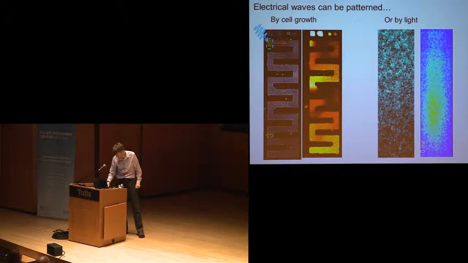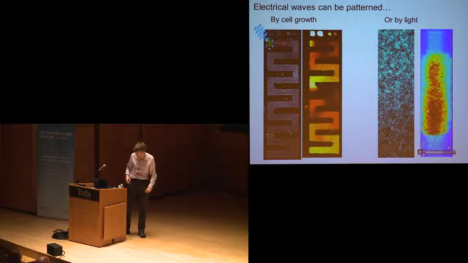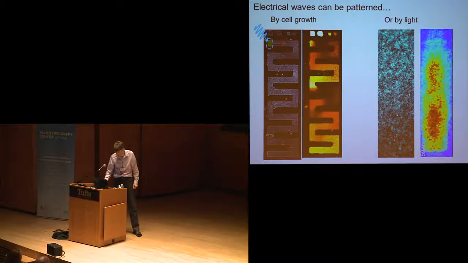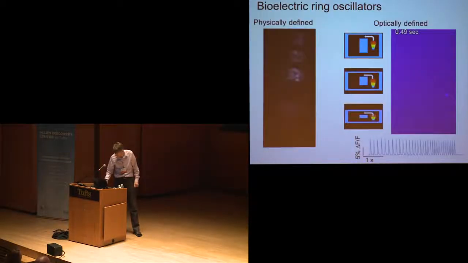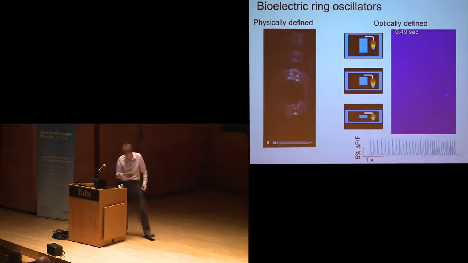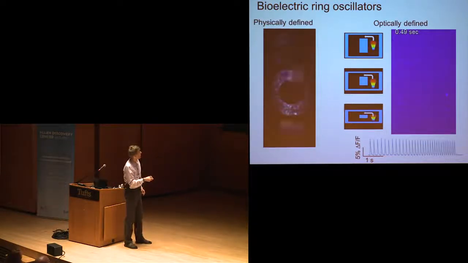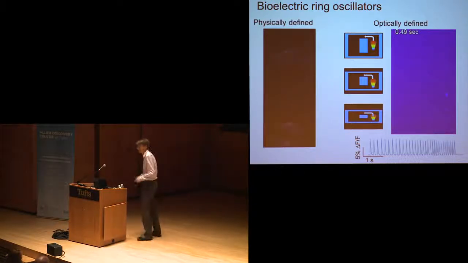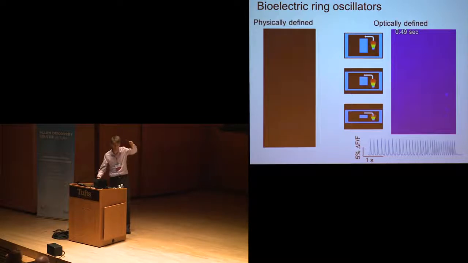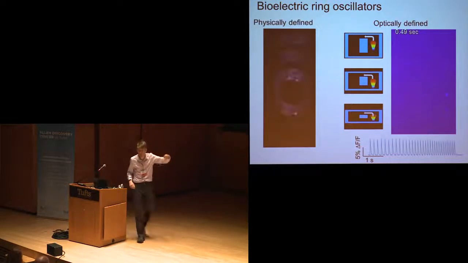So here's a contiguous layer of cells, and then we'll stimulate it just with a little flash of light in the center. And we can induce these outward going waves of electrical activity. If you pattern the cells into an annulus, into a ring, we've developed techniques for launching directional waves in these rings. So here's the initial wave, and then we'll launch it. And now these waves will go around and around in these rings, and they'll chase their tails. They'll do this for hours and hours, tens of thousands of revolutions going around here.